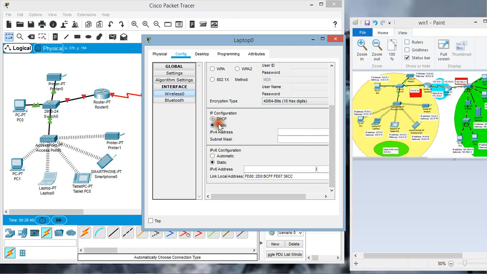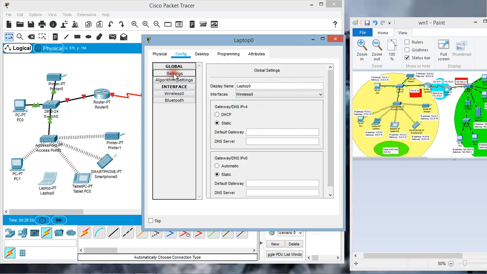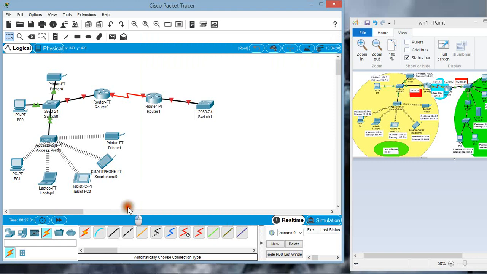Now similarly configure the IP address on the other device on the wireless 0 interface. Choose the static configuration and mention the IP address 10.0.0.6, the subnet mask, then the default gateway from global settings, 10.0.0.10. Close it.